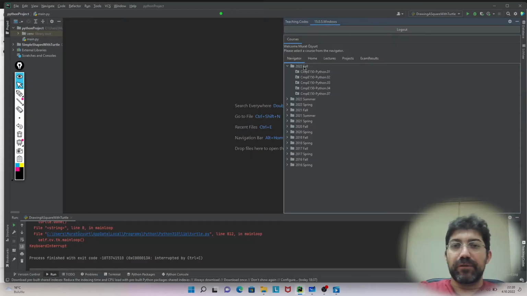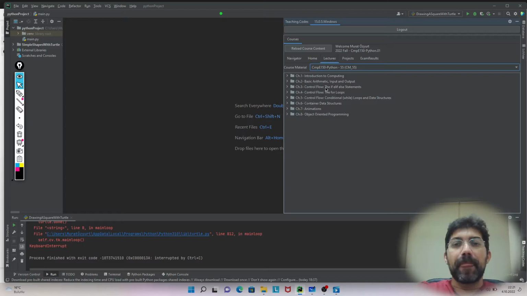Most probably you're going to see 2022 fall and maybe a few other semesters, and you're going to see one of these sections which you are officially registered to. I'm going to open section 01, double click this field, and you're going to see that it's loaded, and then you open the lectures tab. In the lectures tab you're going to see the content of the course which we have updated recently,